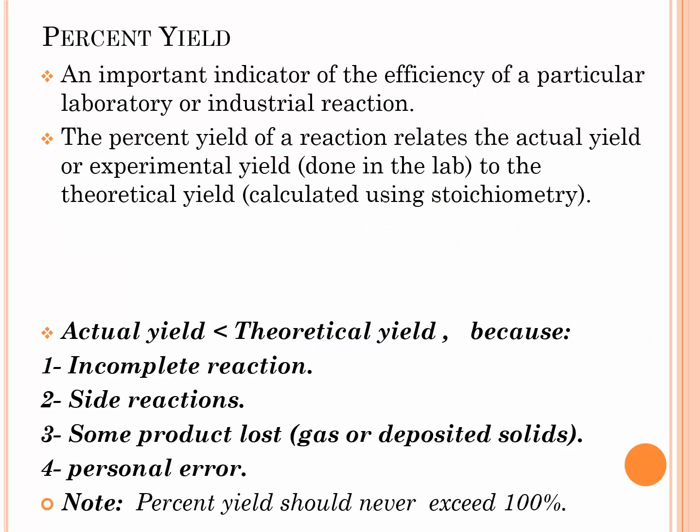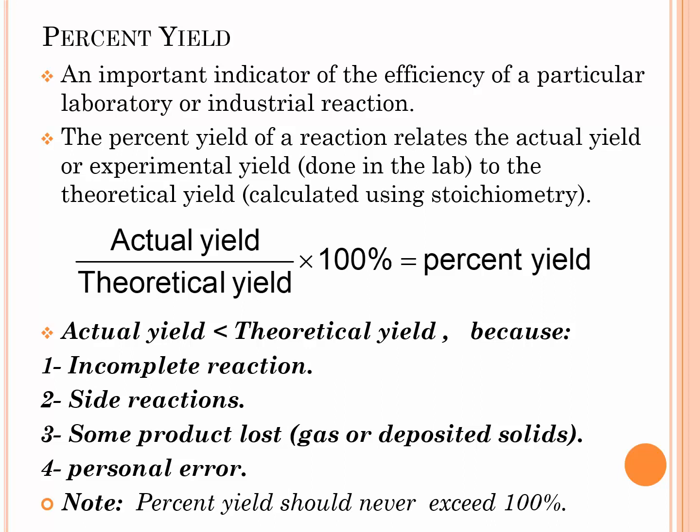Percent yield. Now, an important indicator of the efficiency of a particular lab or industrial reaction. The percent yield of a reaction relates the actual yield, or experimental yield done in the lab, with the theoretical yield calculated using stoichiometry. And the actual yield is always less than the theoretical yield. Why? Because of incomplete reaction, side reactions, some product lost, personal error, etc. Note that percent yield should never exceed 100,